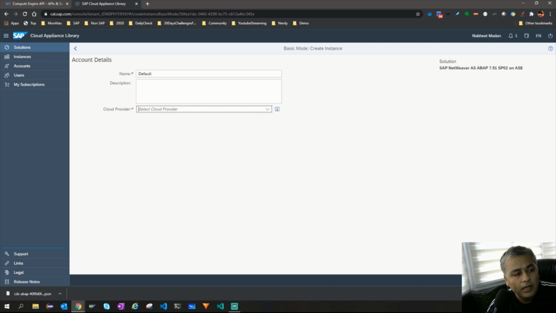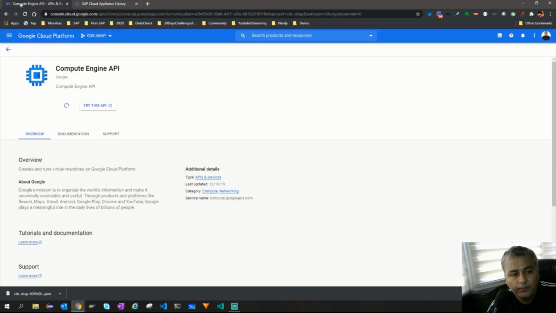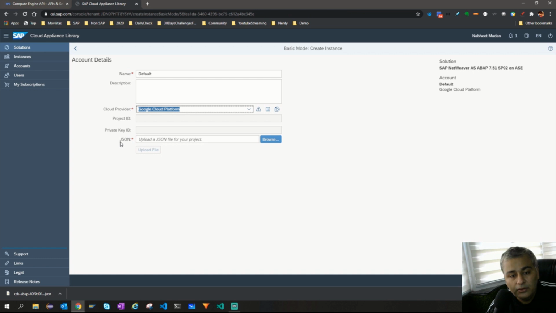Okay, and you need to choose your cloud provider. I say Google Cloud Platform. And then you see this is a JSON which has the details of your service account, and all those keys are there.